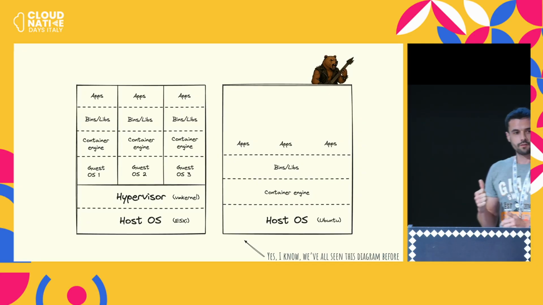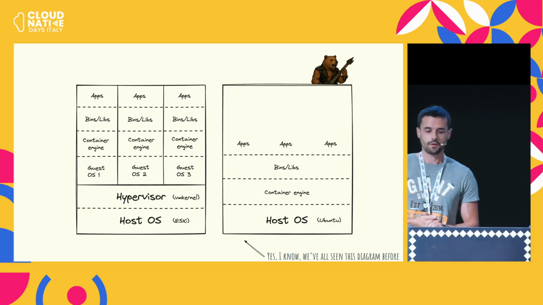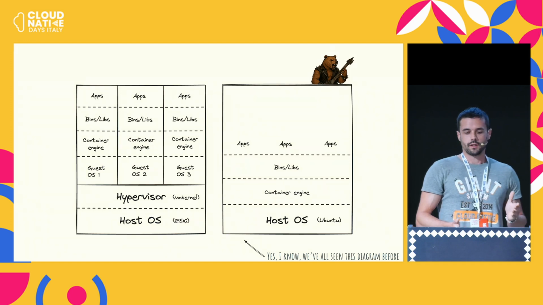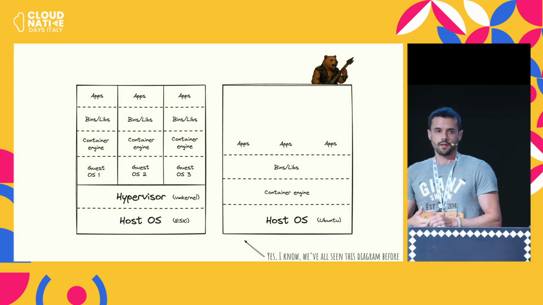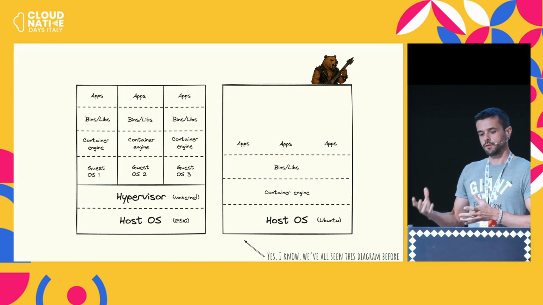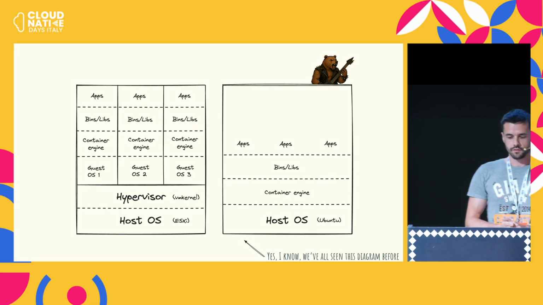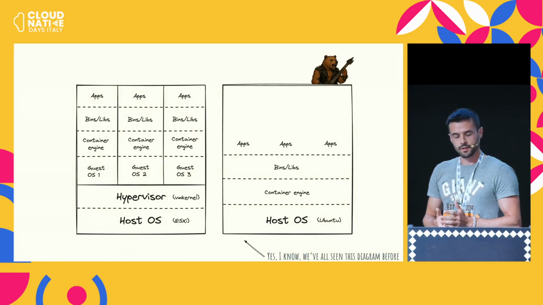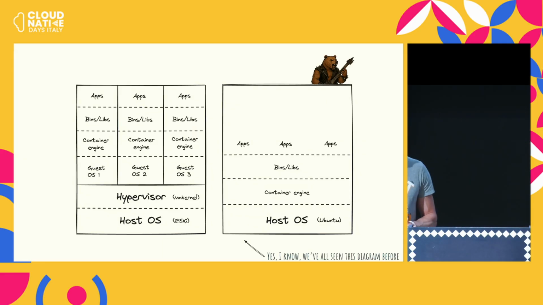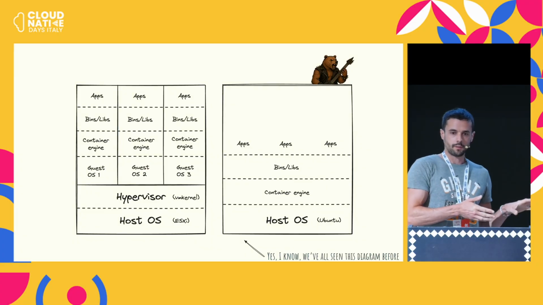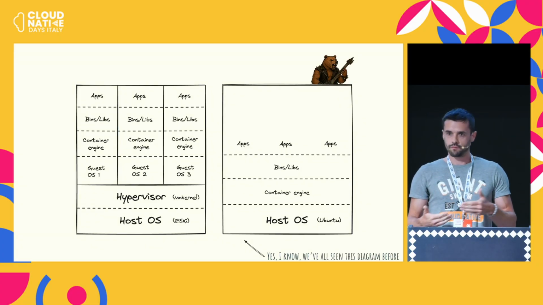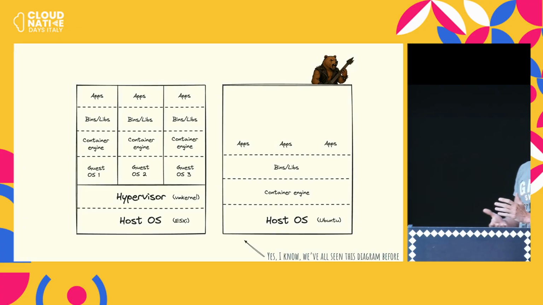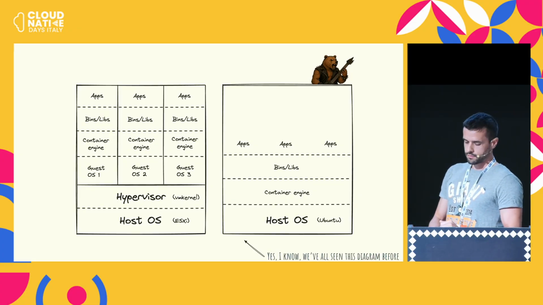So you've all seen, I think, this diagram in some form or another. On the left-hand side, we have the virtualization stack, where we have a host OS, a hypervisor layer, and then we have our guest OS for each VM, and we have container engines, etc., for our Kubernetes nodes. Whereas on the right-hand side, we have what it would look like for hardware servers, so bare metal. So we get rid of that hypervisor and this duplication of guest OSs for the VMs, and we go straight on the hardware. So we have only one host OS, and then we can share our container engines, our binaries, libraries, etc.